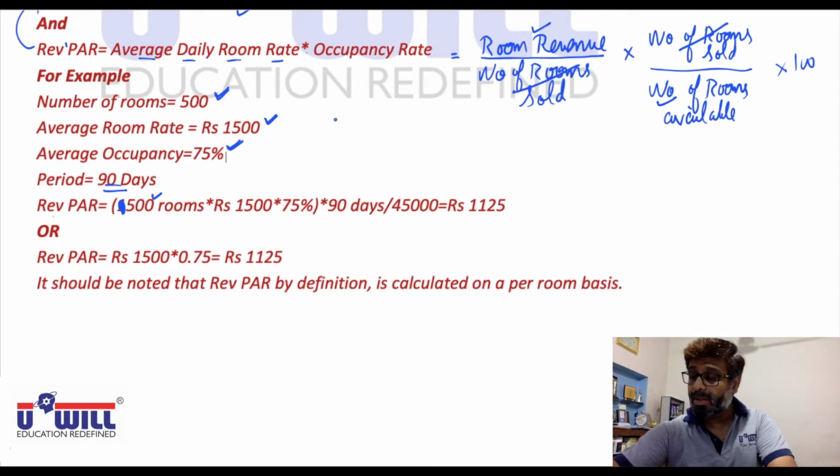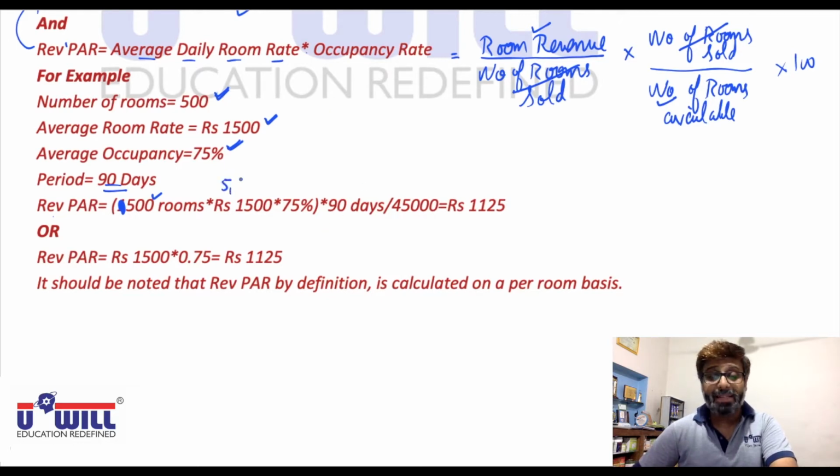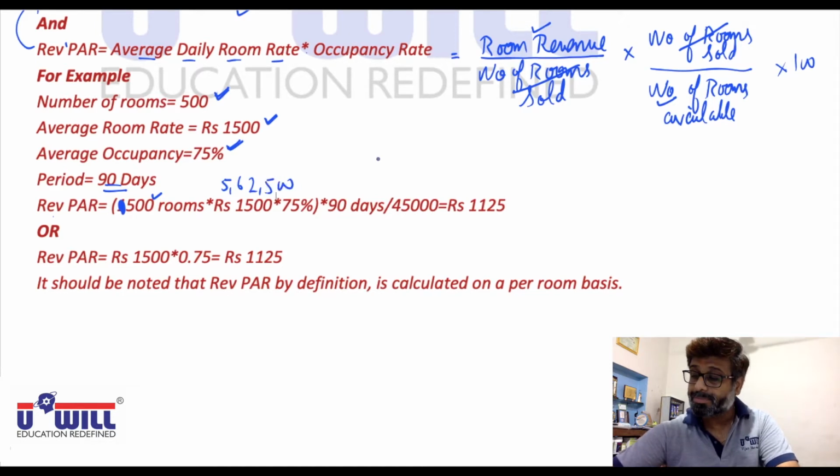500 rooms. Okay, 500 rooms into 1500 is the revenue for every room, into 75% only go on rent. So what is the total room revenue you get? Total room revenue is 5,62,500 into 90 days. Into 90 days means you get 5 crore